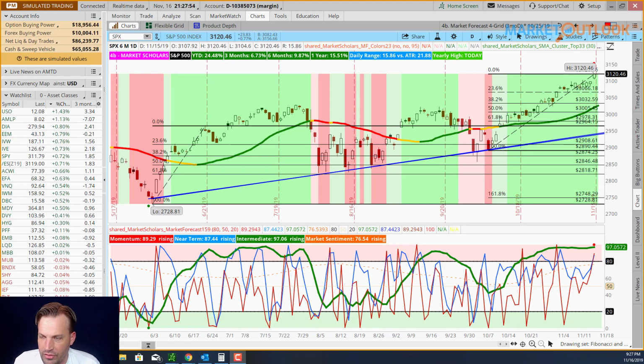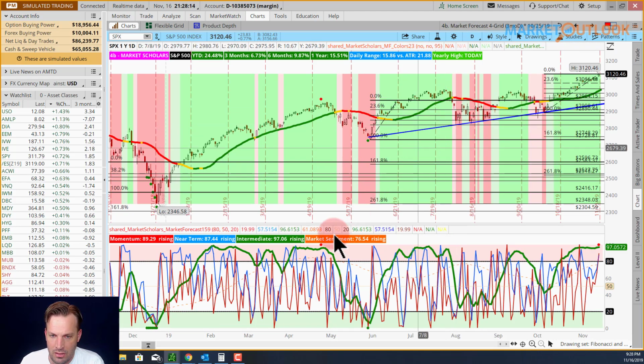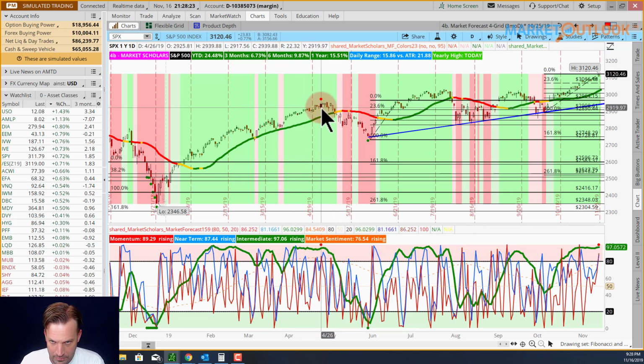All right, well, let's start off taking a look at the S&P 500 with the market forecast indicator. As you can see, all three lines, really close to four, but all three lines finish in the upper reversal zone, which creates an overbought cluster. Now, that is not an immediate trade signal. The last overbought cluster we got, we've only had two this entire last 52 weeks, was right here on April the 26th. Now keep in mind about April the 26th